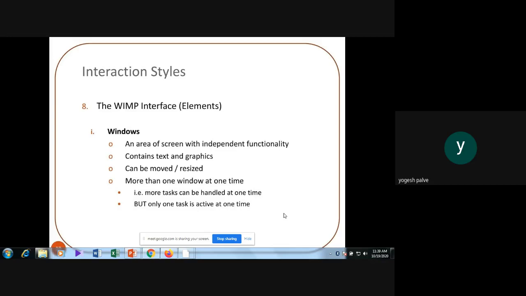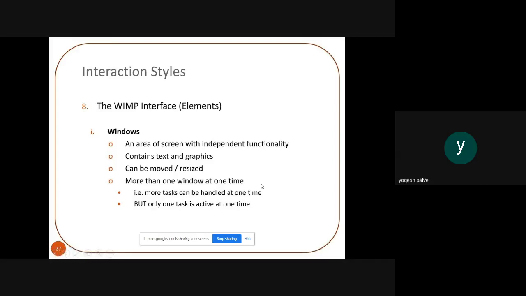But only one task is active at a time. So, not a disadvantage exactly, but whenever you are using windows, the active task will be the one which is opened first of all.